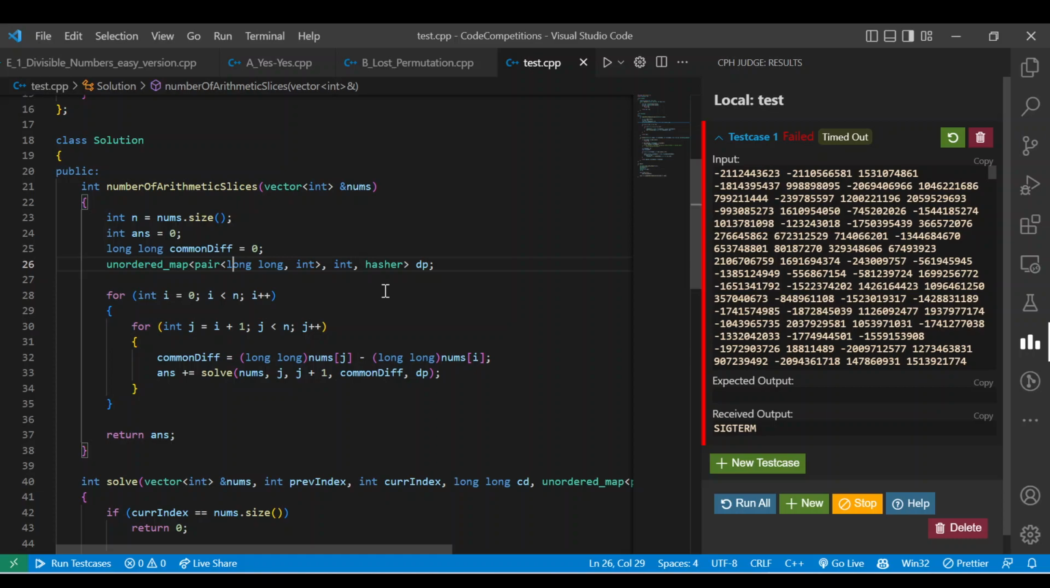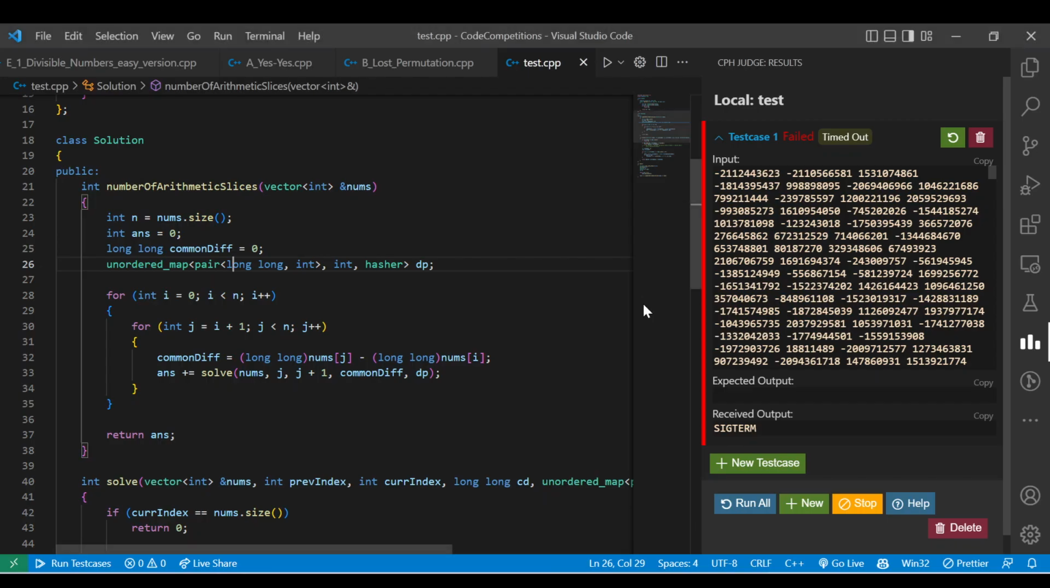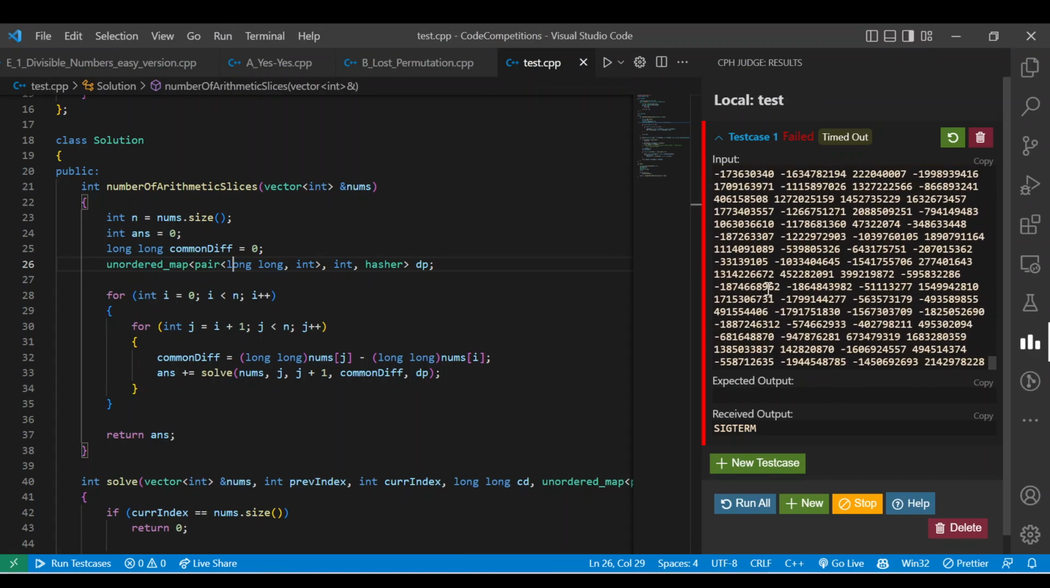Although you will have a very high time, not the high time complexity, but the time consumption. I think in Java you will have above 1000 milliseconds if you use this approach. But we don't want to do this, obviously we want to get this problem accepted. So for that,